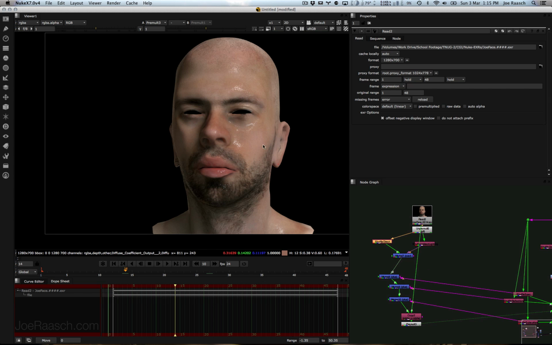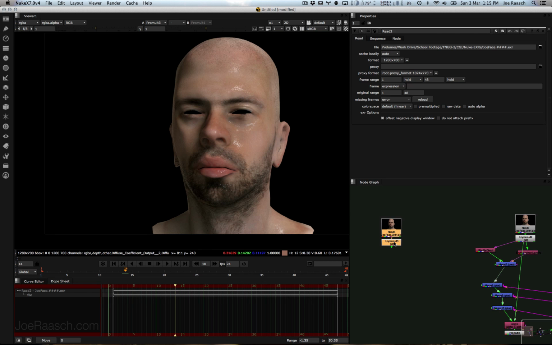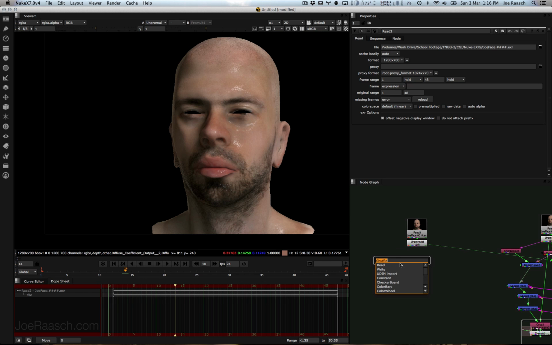Oh, and also, what actually might be a better way than assembling it, before we get into the data passes, is if I start off here, let's say I needed to change the subsurface scattering pass. Let's say it's supposed to be more like an alien, whatever the example is, but you had to change one of these passes. Well, instead of building everything from scratch, the beauty pass is pretty close. So what you could do is